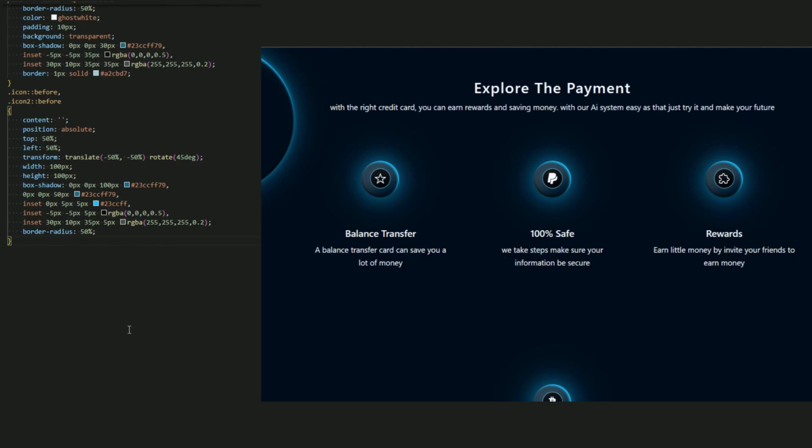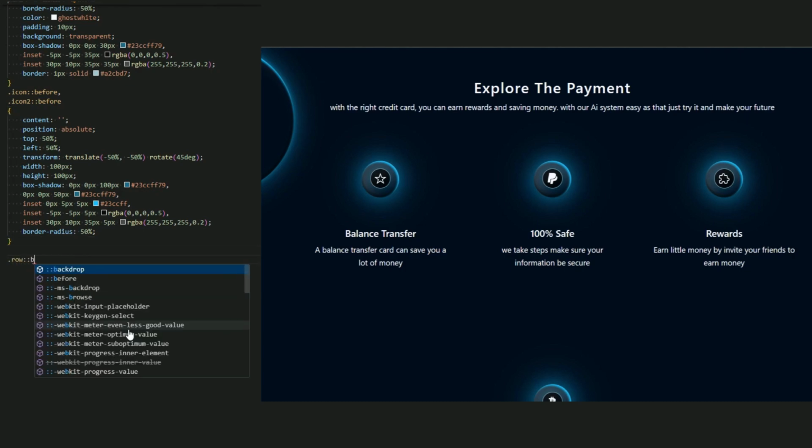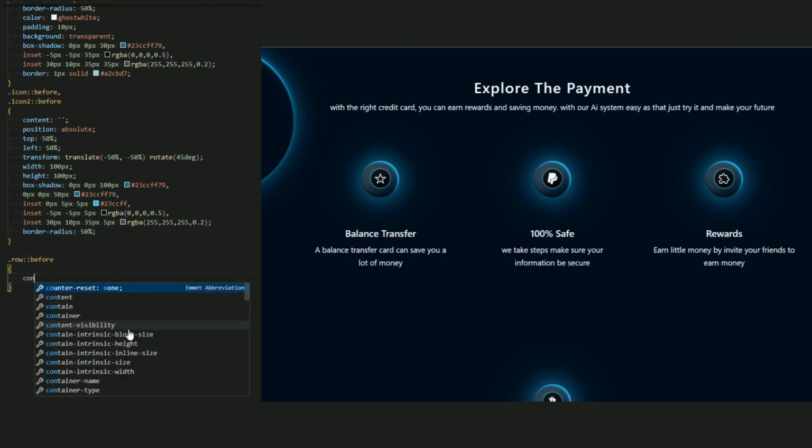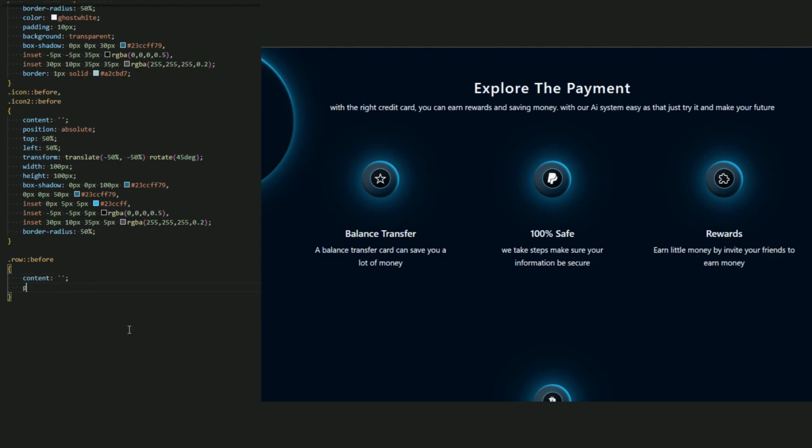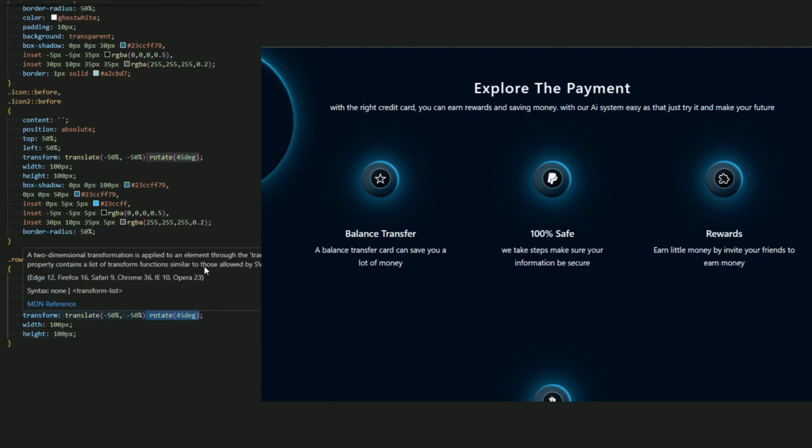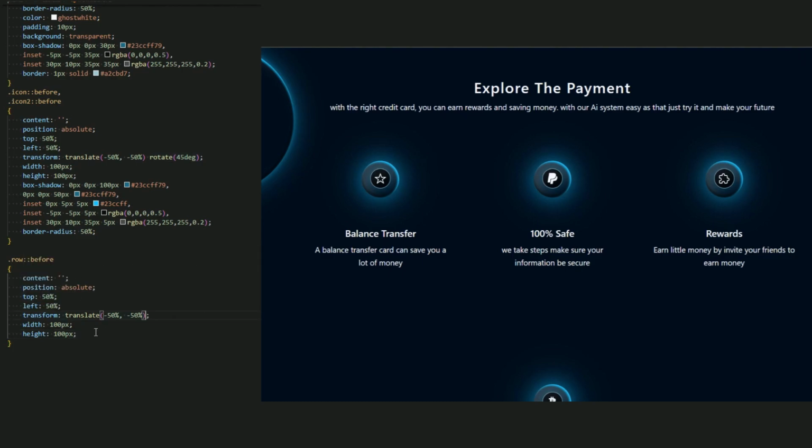So now let me create a row before of this box. Let me just add a background for it. So row before, add the content empty, position absolute. Again, let me just copy and paste it. Okay, there we go. And let me just delete the rotate, we don't need it. For the top and left, 15%, very good. And for the width and the height, let it be